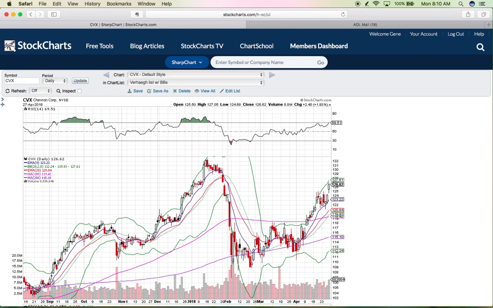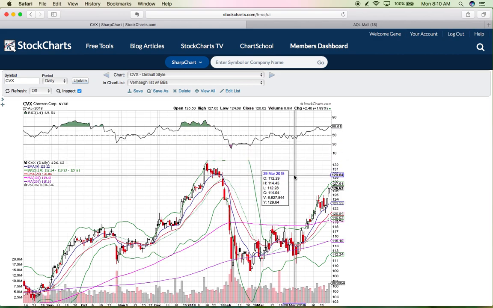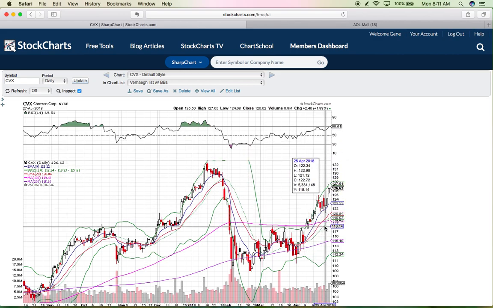Chevron's in a nice trend. It pulled back to the 9 EMA. It gave you that long tail hammer candle right there. And you thought, that's a good place to take a risk on a trade because it looks like it's in this bullish trend and it's riding up the 9 EMA. Nice little trend there. So you would look at your chart and you'll see that the high of that day on that hammer was